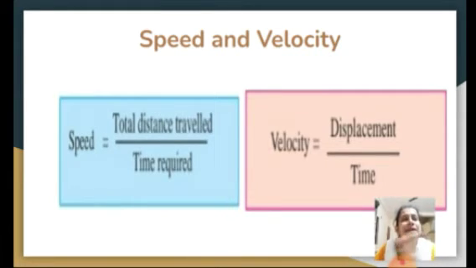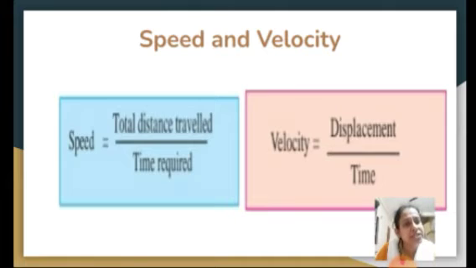Now, let us talk about their units. Both the SI unit, that is a higher unit, and the lower unit, that is the CGS unit. That means in what terms we can measure them. So speed, first of all, distance or displacement, it is measuring some distance, right? So distance is always measured in meters, and time is measured in seconds. Therefore, the SI unit of both speed as well as velocity would be meters per second, whereas